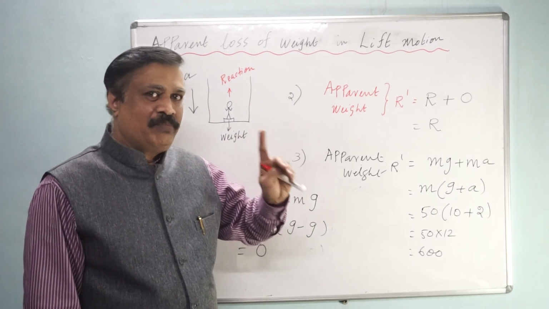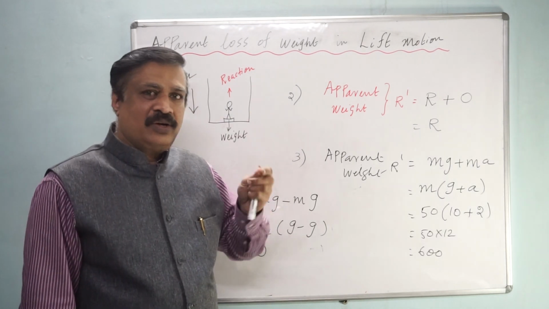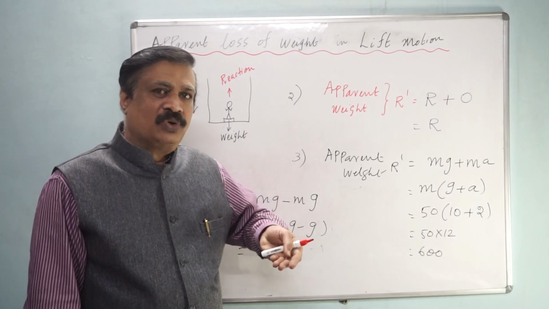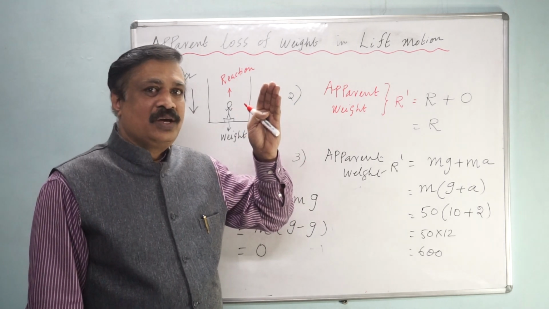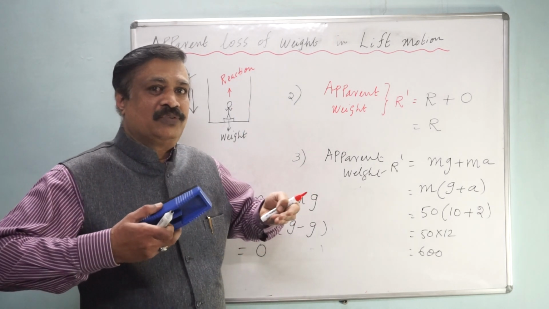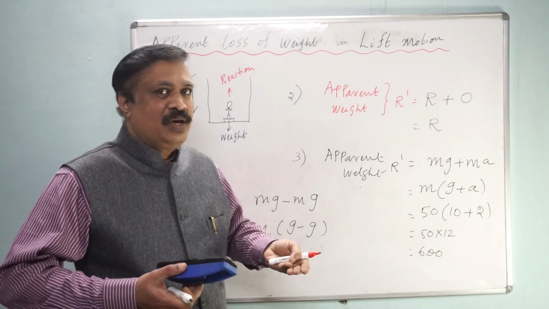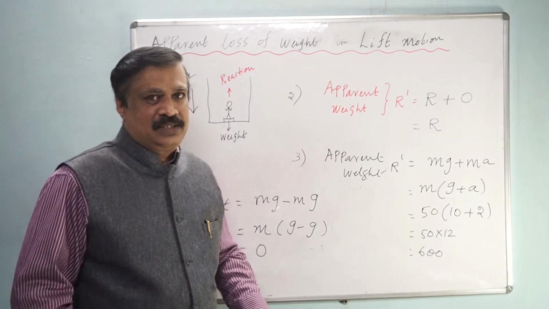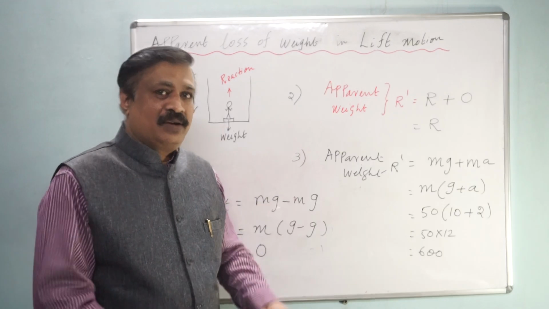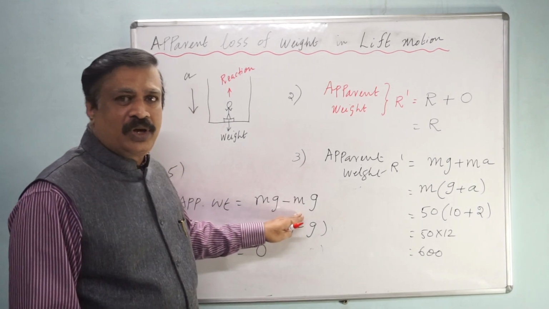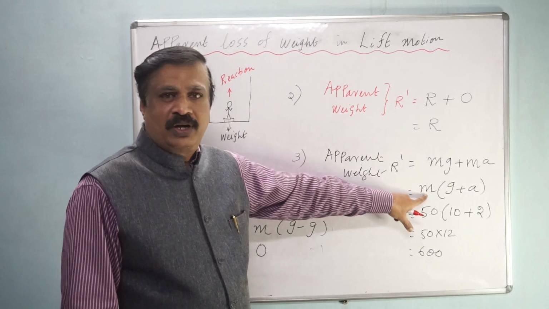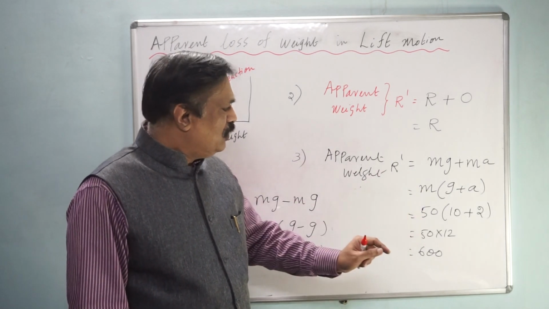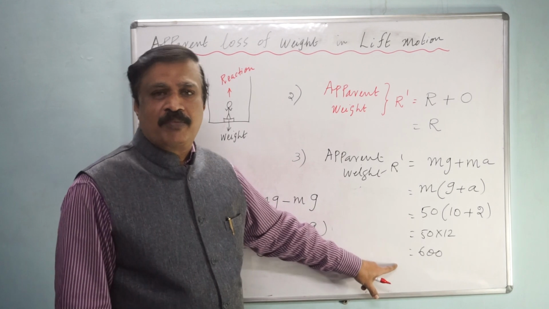You can just think you have to exert a force when you move up in a staircase. You have to give a greater amount of force, therefore it is positive. When you are moving down, weightlessness as in the roller coaster, then it is negative. You can think in that angle and just remember this formula only, and you can work out the numerical problem also.